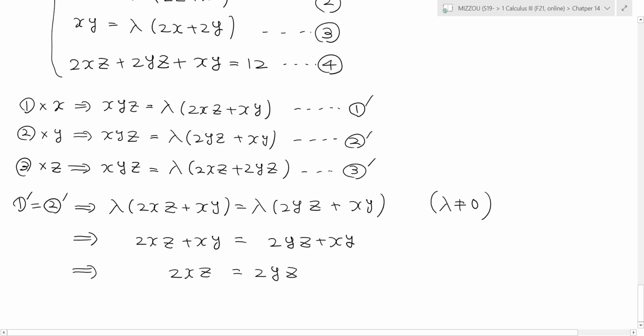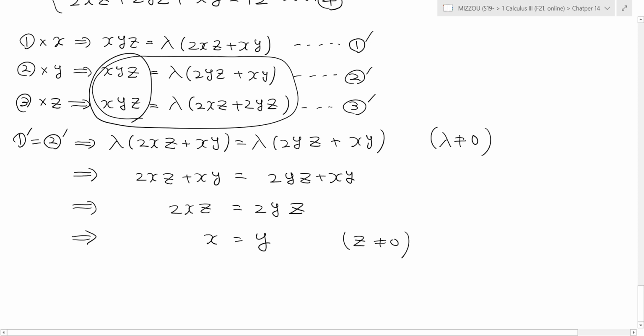Okay, now we got this. But of course, z cannot be 0, right? Because z is a length. So you may assume that z is not 0. And therefore, you may divide both sides by 2. You get this. So z is not 0, so x is equal to y. Then now,